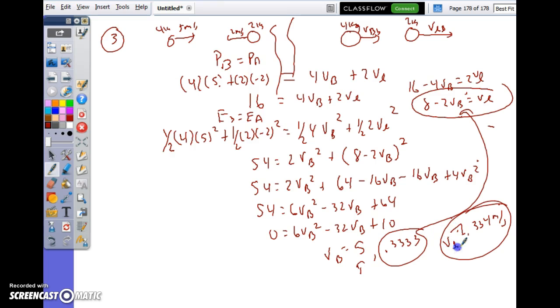Wait, but how do you know which direction? They're positive numbers. No, but it says speed and direction. They're positive numbers, so they're going in whichever direction the first ball is going. We drew it to the right. Oh, that's interesting. Yeah, it's just to the right. Oh, it's the same direction the original ball was going in. The big fat ball was going in. Does it make sense? All right, try the next one.